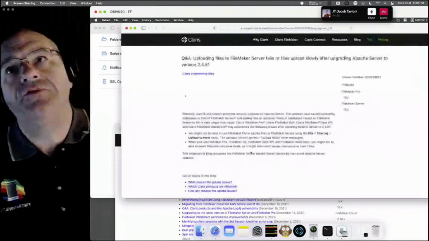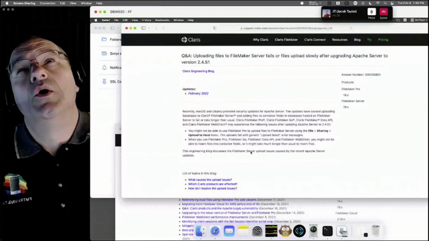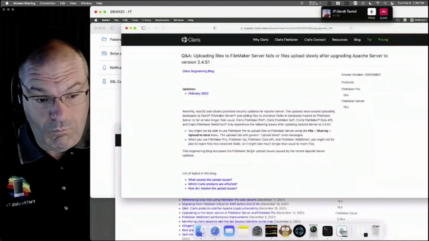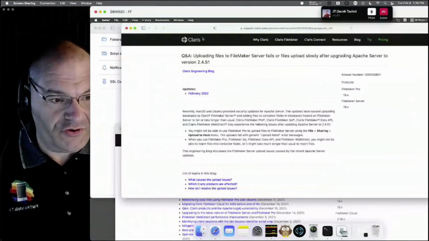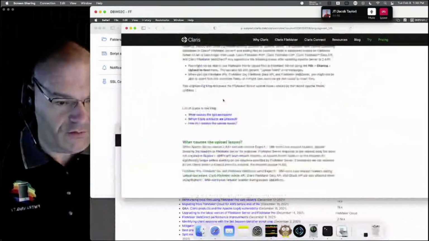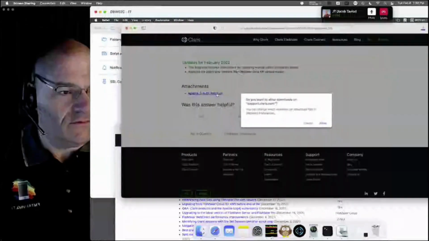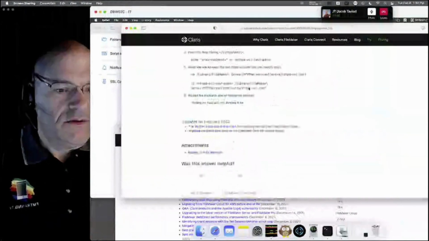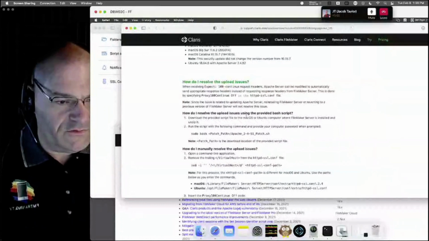If your uploads are going slow for uploading files to FileMaker Server, Mac or Linux, or your container uploads are going slow where they used to be faster, then do a search for engineering blog and go to the top article here. We're going to scroll down and download this little file, allow it to download, and then go through the instructions here because Jacob's not here to help us. How do I resolve the issue? Download